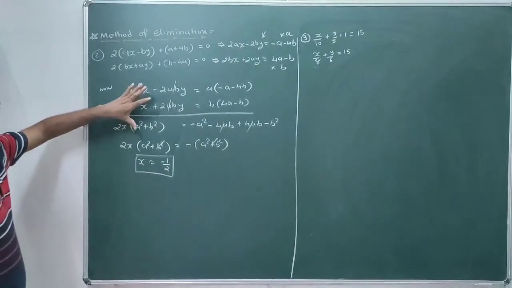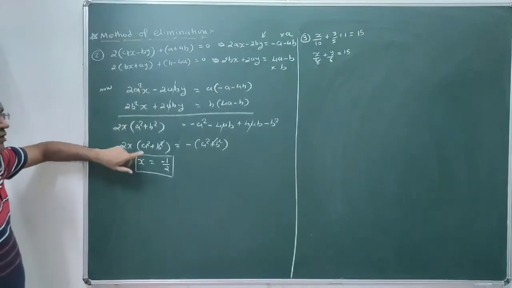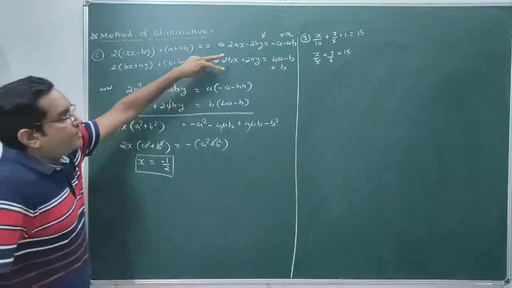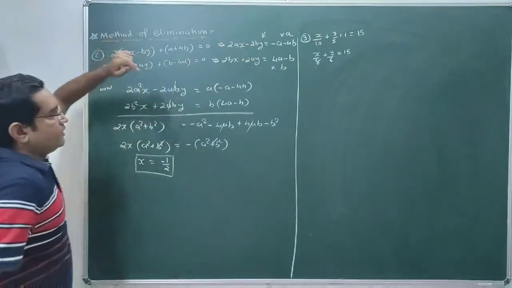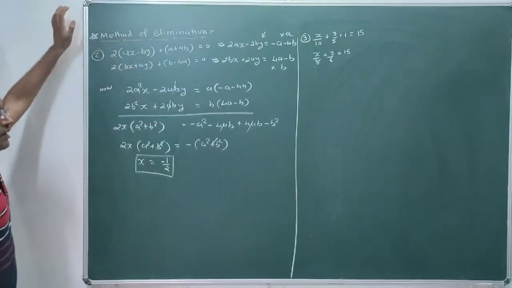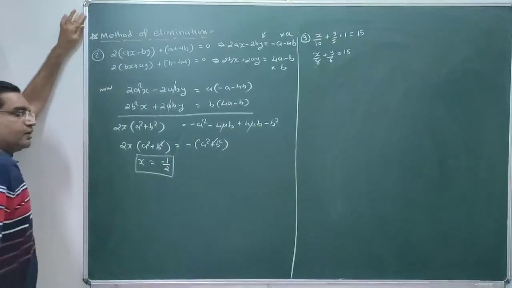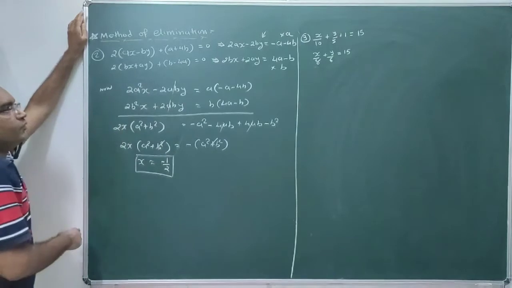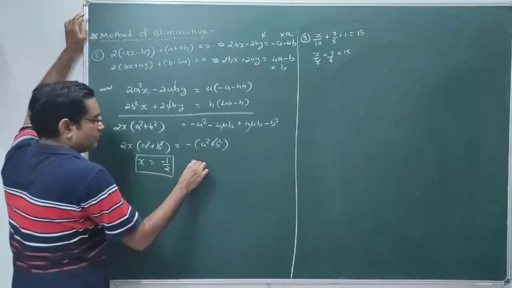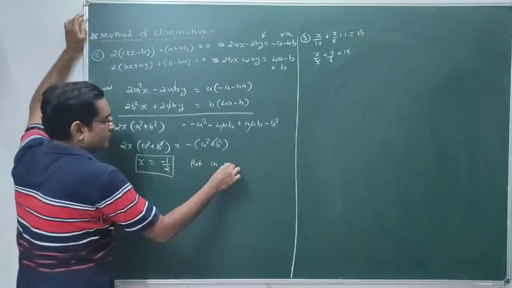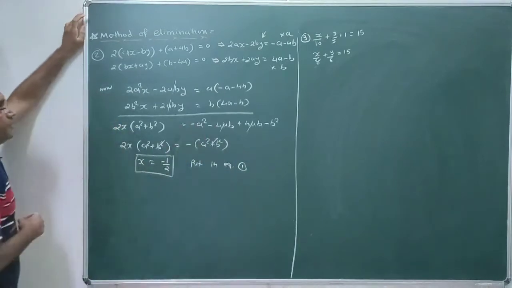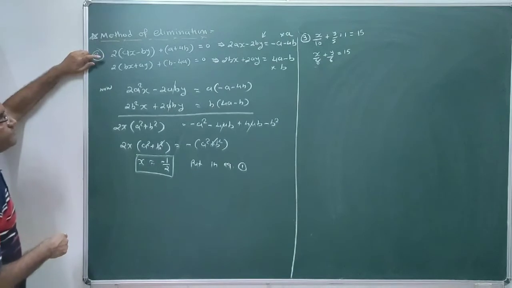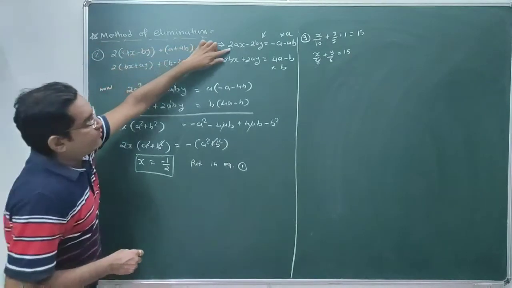Done. After elimination, we are getting one equation which is an equation of only one variable. Here variable y is eliminated. Why? Because we have made the coefficient of variable y equal and then performed addition. So y is eliminated, getting the equation in terms of variable x. Put this value of x in either one of the equations. So put it in equation 1 and solve it. You will get the value of variable y. So this is our simplified form.